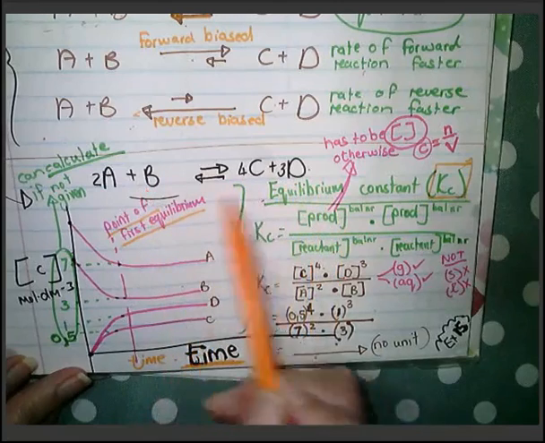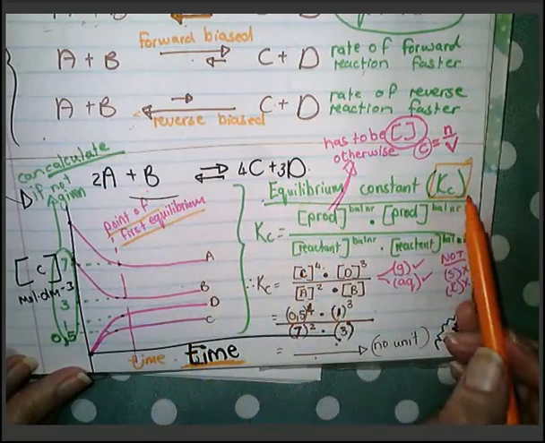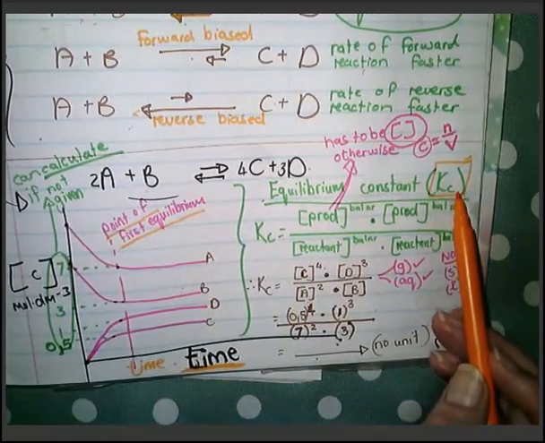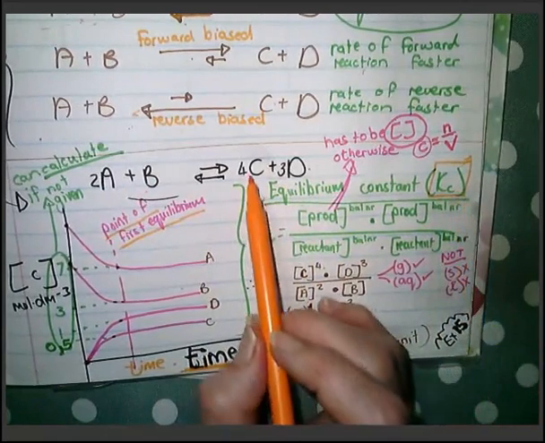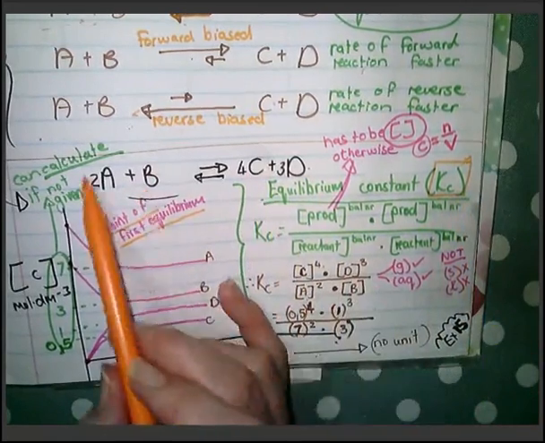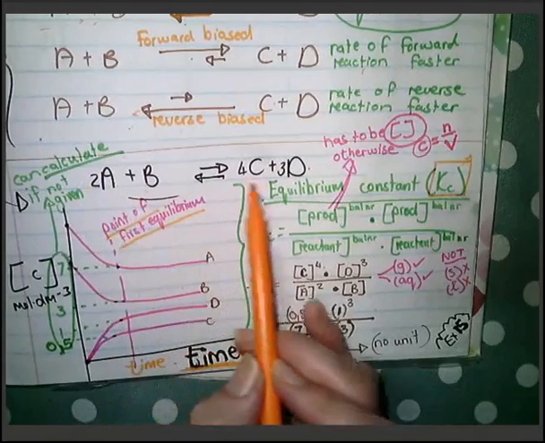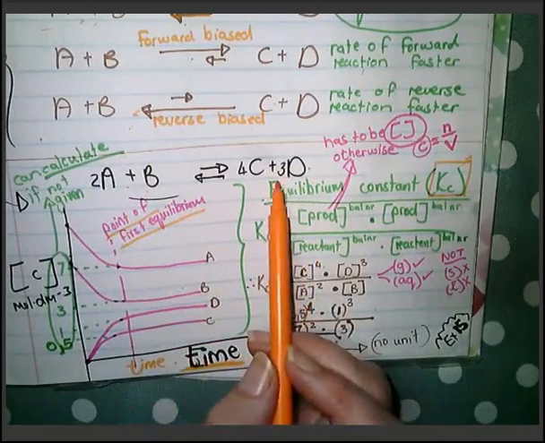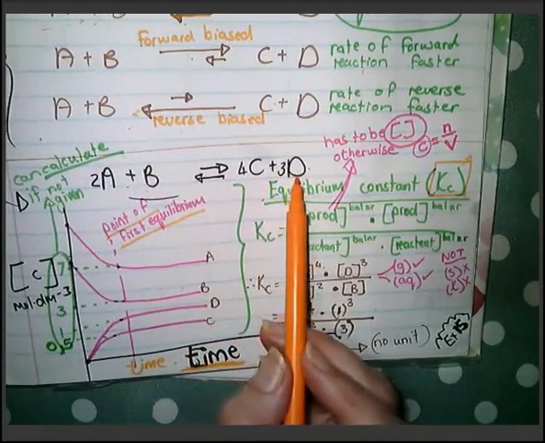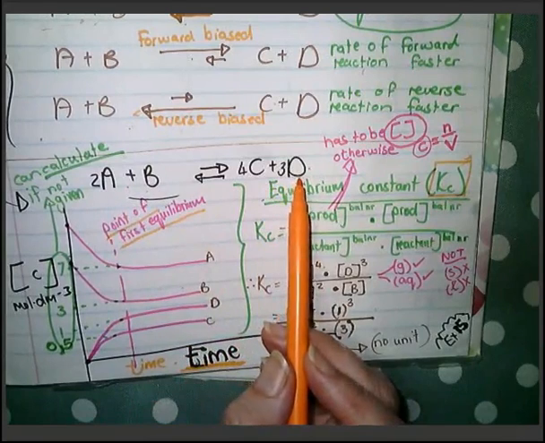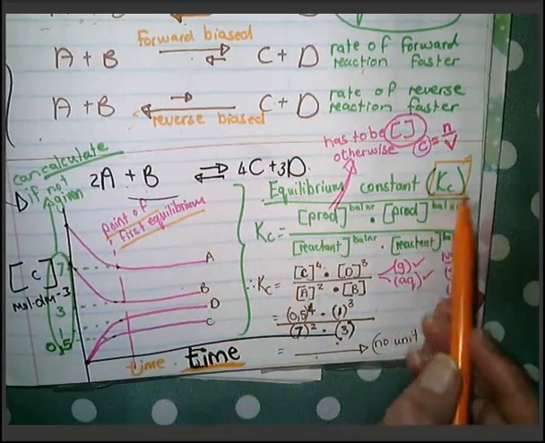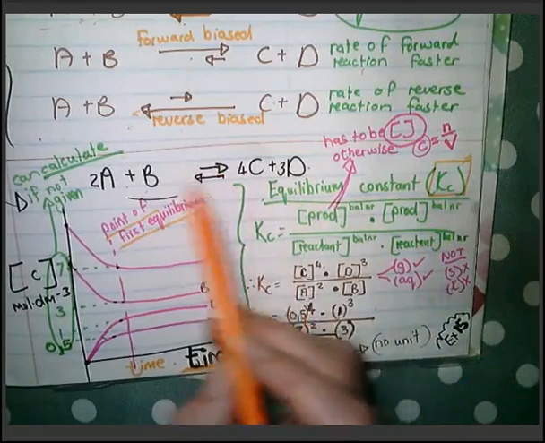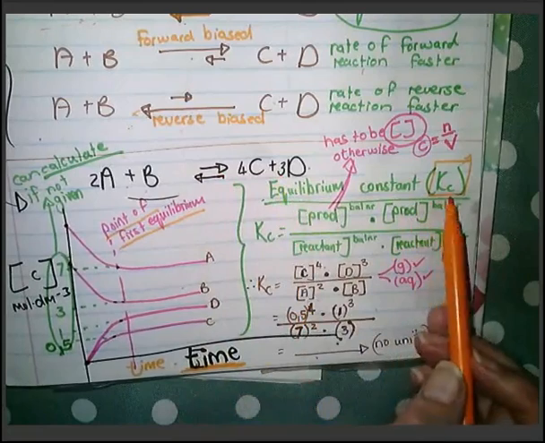If we have a relatively high equilibrium constant, higher than 1, then it means that more products are formed than reactants. And if this was an industrial process, then it would be economically feasible for us to actually go for this reaction. But if the Kc value, the equilibrium constant at a certain temperature for a certain equilibrium reaction, is 1